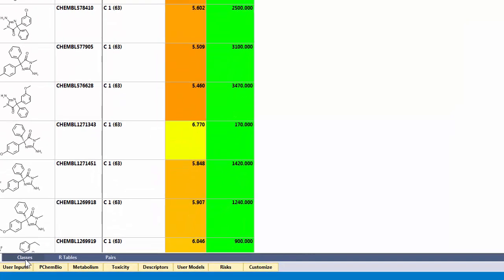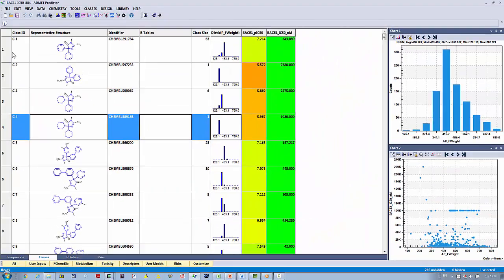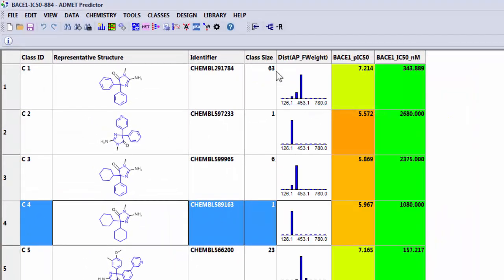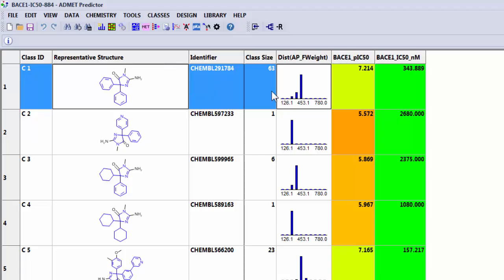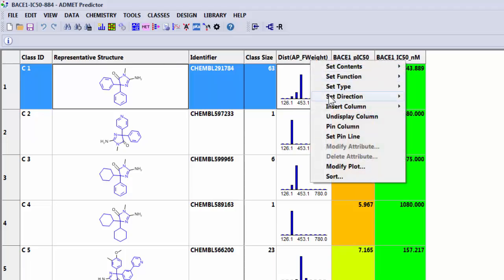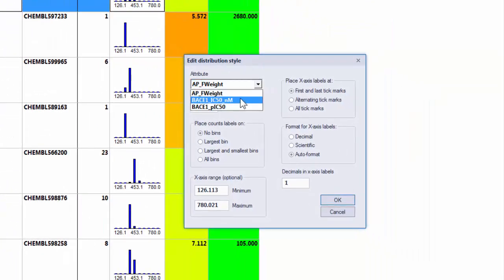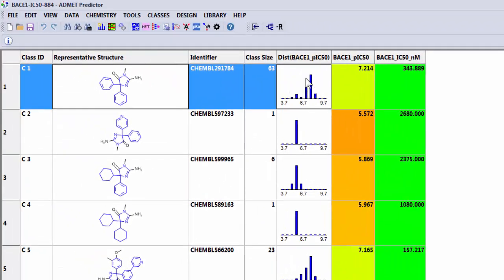If I click on the Classes tab, the classes again come up grouped, and each of the rows now represents a class. So let's undisplay this R table column. So this first class has 63 compounds in it. This is the distribution of the formula weight, which isn't particularly interesting. So I'm going to modify the plot so that we're plotting the PIC50 for these compounds, or for this class. You'll see that it shows some fair activity. This is the average PIC50 for the class,